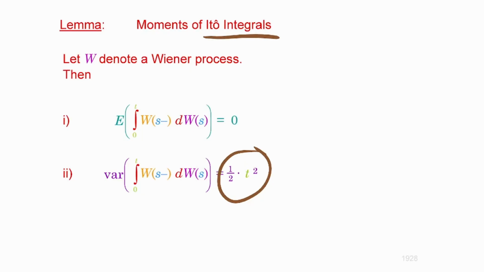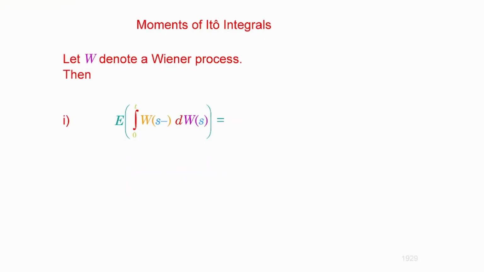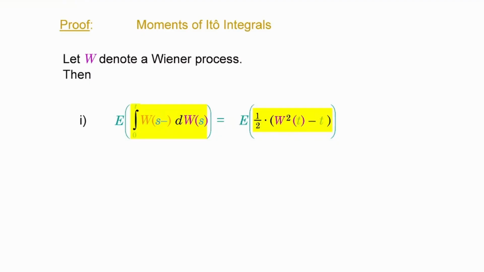Now, that is also a good exercise. I highly recommend it. After this lecture, I'm going to put these things together and create an exercise out of it, so you can review them by solving it yourself, and that is going to be even more helpful. It's not difficult to show, so I'm going to address this from now on. First off, the expectation. Now, the Ito integral was known to be, and that was the topic of lecture 5, if I recall correctly, 1/2 times the square of the Wiener process minus t.